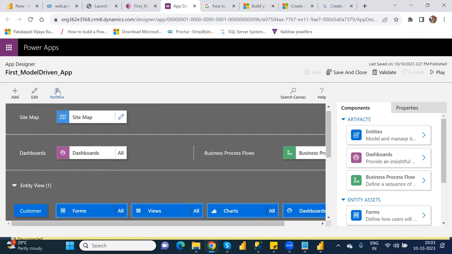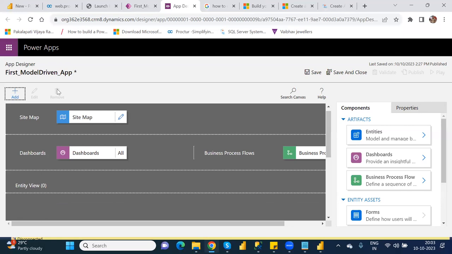I will tell you each and everything. Suppose I want to remove this one. Initially, we need to start from the beginning. Don't worry. Actually, when you select a particular model driven app, you are selecting tables and everything. Even in the classic view, you can take whatever is required. In this classic view, there are different types of sections. First one is sitemap. What is a sitemap? That means